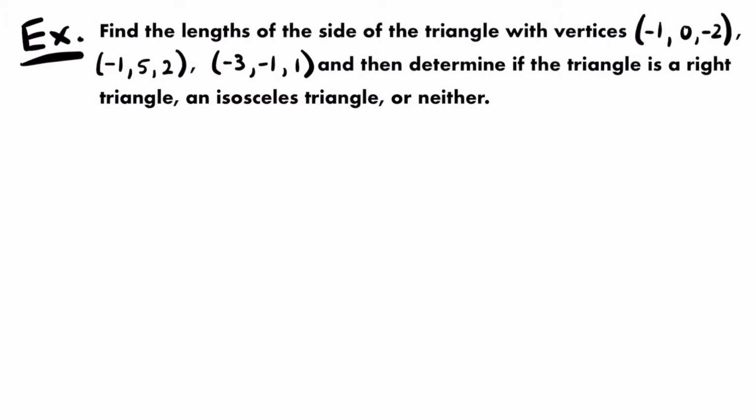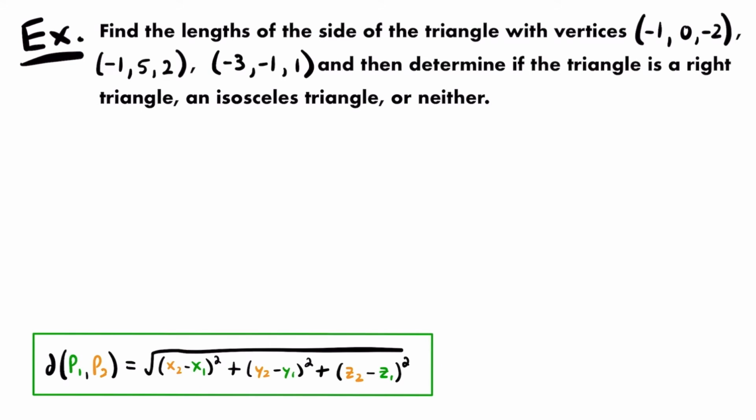And so in case you forgot, this is what it looks like. The distance formula in 3D looks like this. The distance between 2 points, P1 and P2, is equal to the square root of the difference of the x-coordinate squared plus the difference in the y-coordinate squared plus the difference in the z-coordinate squared. So let's label each of these points here, and then let's work on calculating the distance between each of them. So I'm going to say that this is point A, this is point B, and this is point